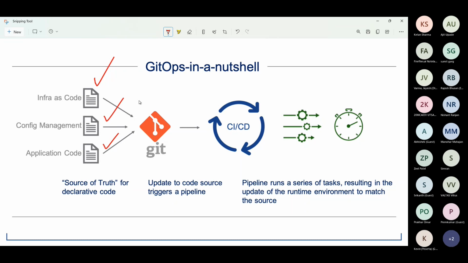If you're doing some infrastructure as code, for example, if you want to run some Terraform, or some Amazon CloudFormation templates, CloudFormation scripts, that also you can execute in the workflow in GitHub or GitOps. If you want to do configuration management, like you want to invoke Ansible, Chef, or Puppet, that also you can do with the help of GitOps. And ultimately, you can have the application source code, which you can also deploy with the help of CI/CD automation. So there are n number of tasks which you can do.